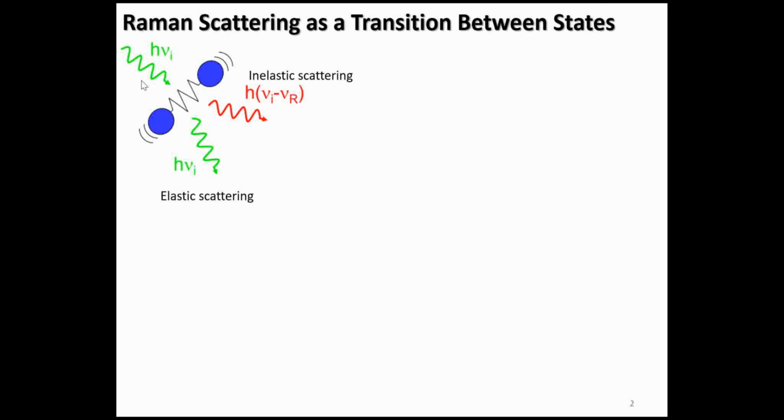If you see incident light, an incident EM wave or incident photon, incident energy on a molecule, it is absorbed and then re-emitted. That is scattering. The re-emitted light might have the same energy as the incident one, and that will be elastic scattering. If it has a different energy or frequency, it is inelastic. This inelastic scattering will be the Raman one. I have also seen a balls and spring model, which will be explained.